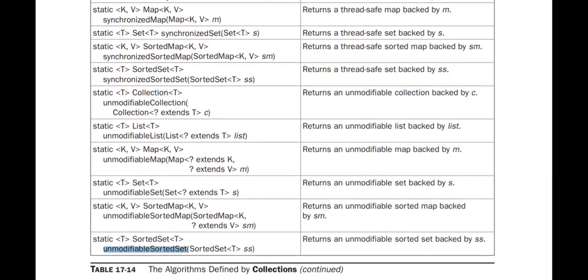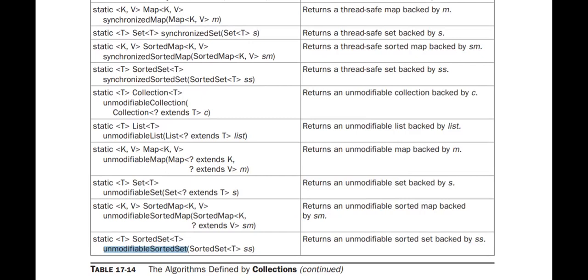So these are the methods that are defined by the Collections class. We might have noticed that several methods are there for synchronized list or synchronized set. None of the standard collection implementations are synchronized, so we must use the synchronization algorithms to provide the synchronization. Iterators to a synchronized collection must be used within a synchronized block. In Java, we have a synchronized block to create synchronization.